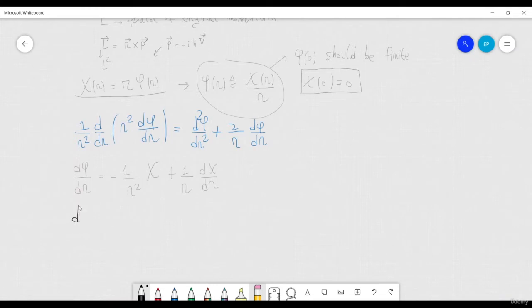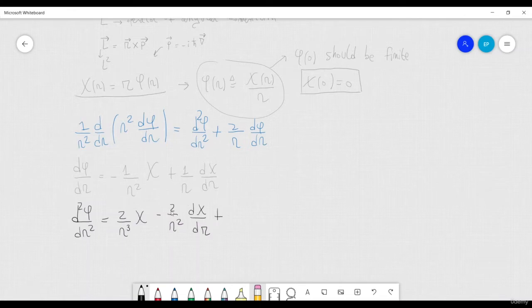And then I have to calculate d squared phi over dr squared. And of course I have to take the derivative of that expression. So I will have 2 over r cubed chi minus 2 over r squared d chi over dr